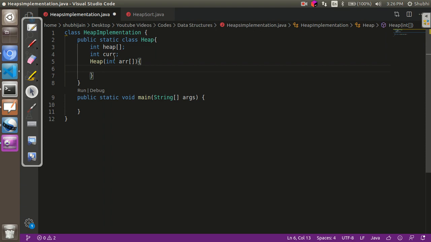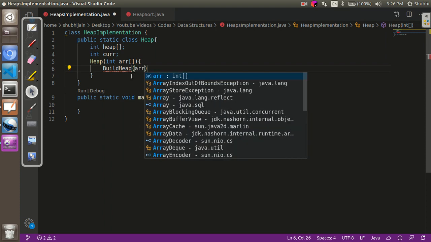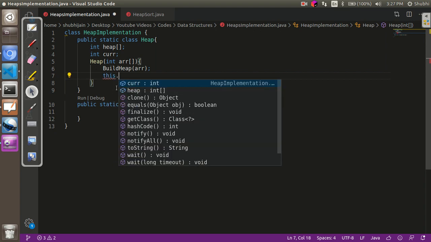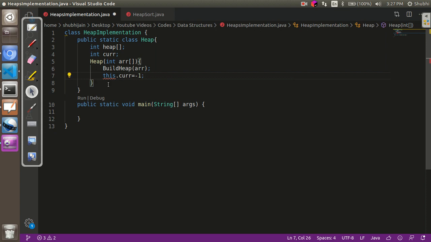This heap array over here is simply going to point to the address of this array and will treat this array as a heap, and we will make the elements in the array managed accordingly so that it still becomes a heap. So we'll call a build heap function with the array, and since over here we have no element, we will make the current as -1.